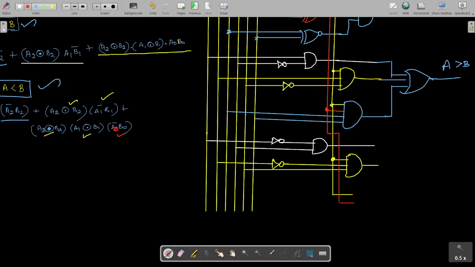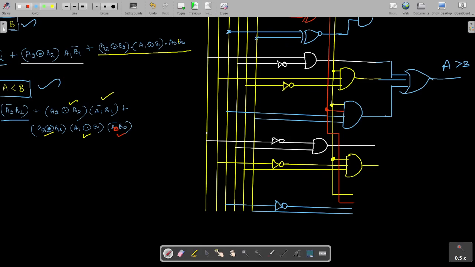So we have to take the connection from here for A0 bar. This is the A0 line, so I'll take it. B0 line, I'll take it. But A0 bar is required, so I'll put an inverter here. This is A0 bar. So A0 bar, B0 is over.